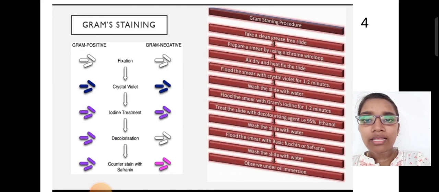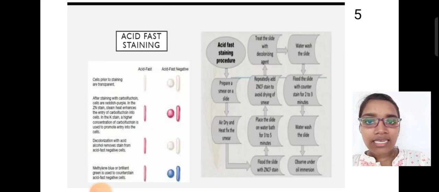The procedure involved in acid-fast staining is we take a clean grease-free slide, and on that we prepare a smear with the help of the inoculation loop, and after that the carbol fuchsin, which is the primary stain, is added onto the slide, and left for 2 to 3 minutes. After that it is cleaned with water, and then we add the alcohol. It is acting as a decolorizer, and then it is washed with water, and then we add the counter stain, which is the methylene blue. It gives the blue color to the